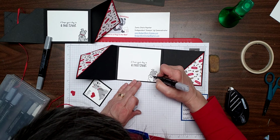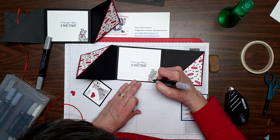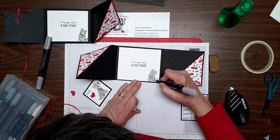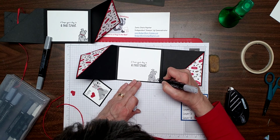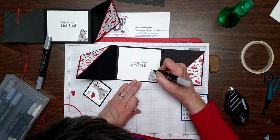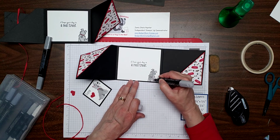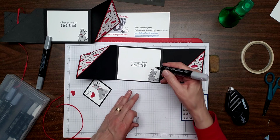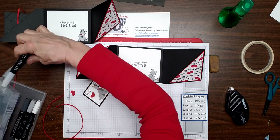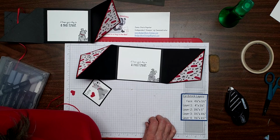Don't want to get it on there. To color the dark stuff and blend the dark. That's why they're called Stampin' Blends. It's going to combine the dark and the light to give you just a little bit of shading. There. Then you can let it dry and see if you like it or if you want to go over it a little bit more. Then what I'm going to use is just a little, oops, I'm going to reach up here